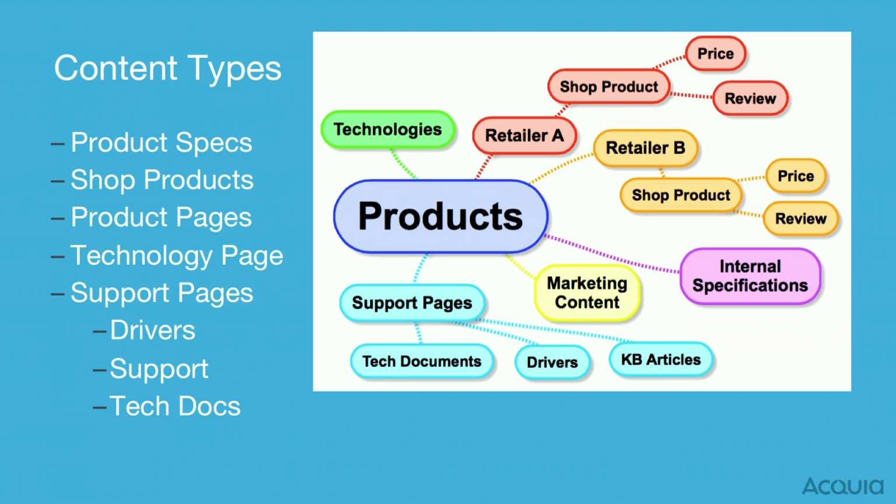Well, we have the specifications, right? So things like clock speeds and cache, memory, all that stuff. Shop data itself is split into multiple types. You have the pricing information, the retailers, the reviews, all that stuff. The pages, which are the container that presents everything, right? And then technologies, which